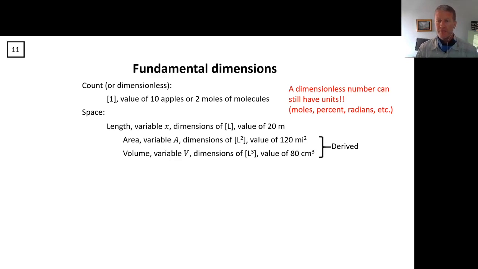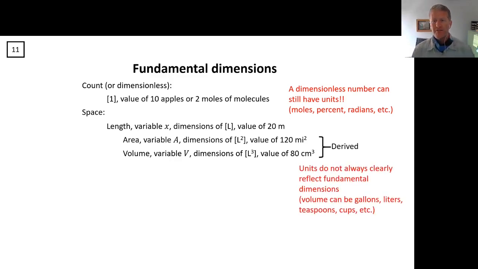But here, it's also important to recognize that the units don't always directly represent the dimensionality. For example, if you're talking about a volume, sometimes the units used are things like gallons or liters or teaspoons or cups. These are all length cubed, dimensionally speaking, but you can't tell that necessarily just by looking at the unit. Again, I think that's why when you're talking about understanding what a number means, it's better to get away from the units. The units are providing the scale. It's better to think about it dimensionally, recognizing the length squared or length cubed, and not be using the units.